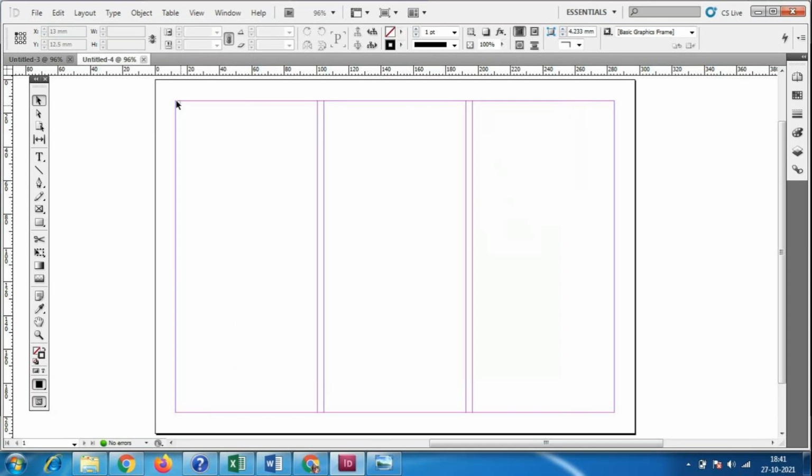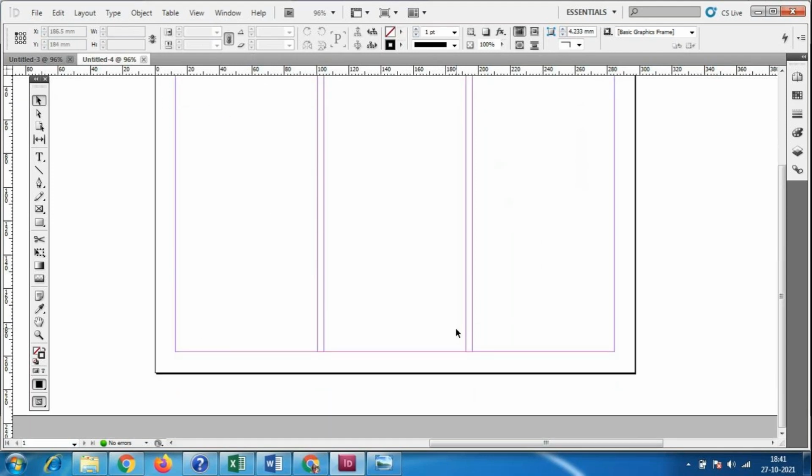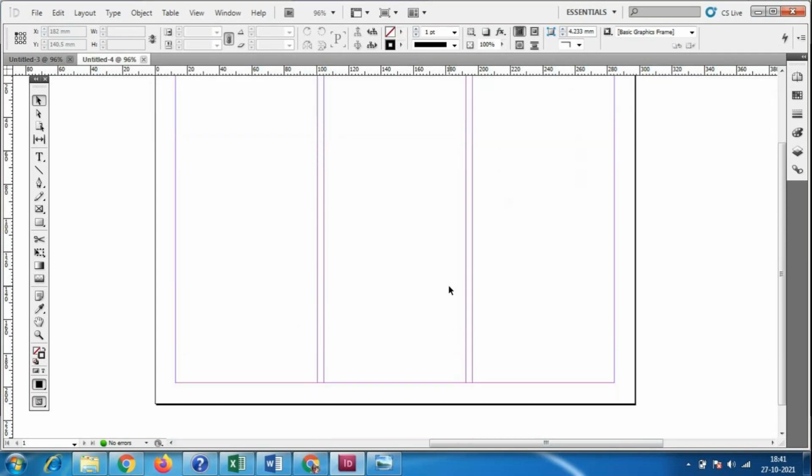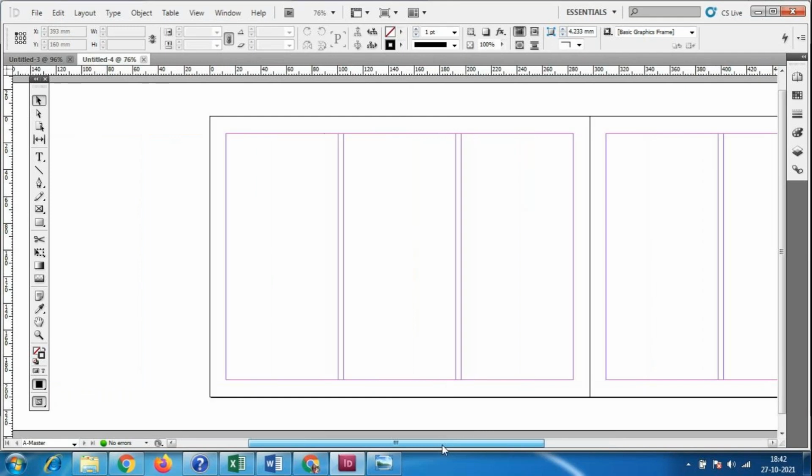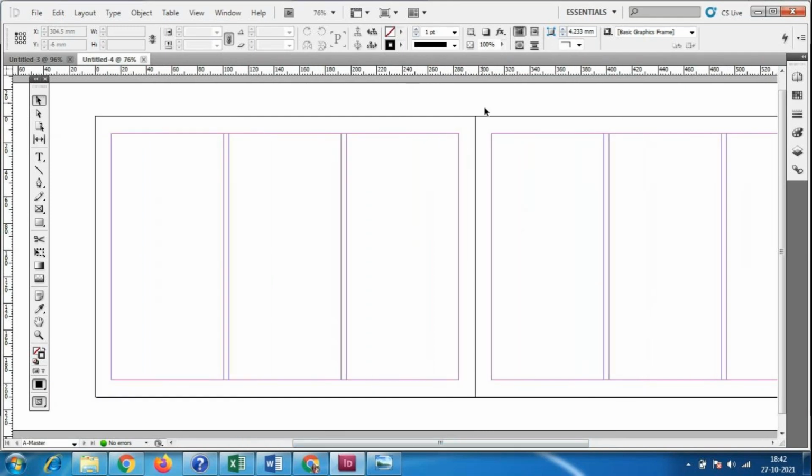Okay, even in a three fold we have to add separate information. So the front page and the back page will be separate. So that time we have to take two different pages. If we take a master page, which is very constant, in the master page you also have this ruler. So front and back, always the menu card or brochures and pamphlets, which have only two pages, this much is enough. So you have to add the information like this, and we will take the printout like this only.